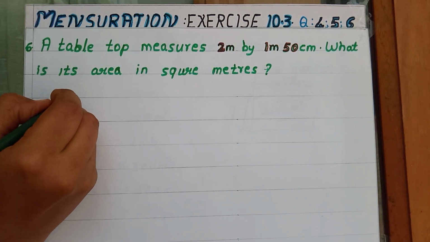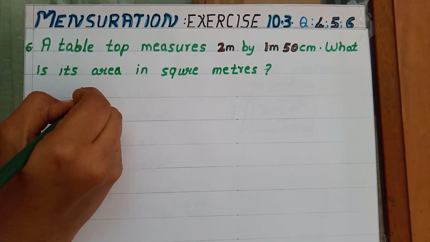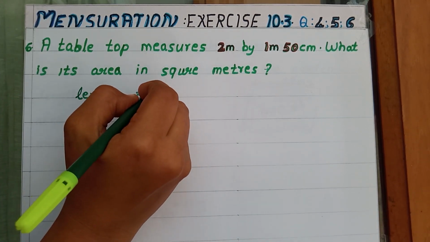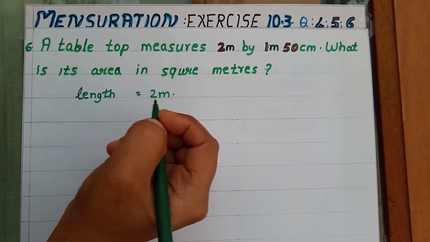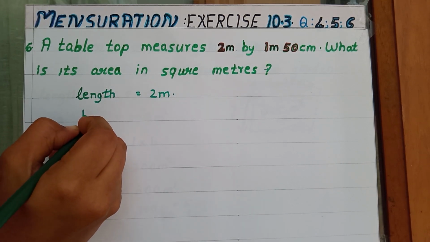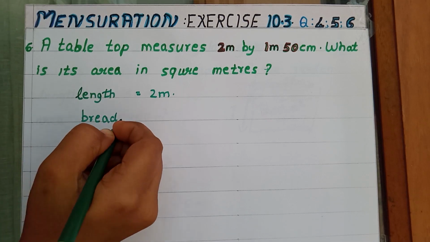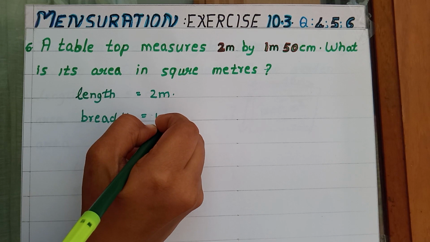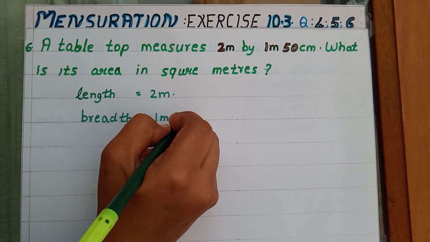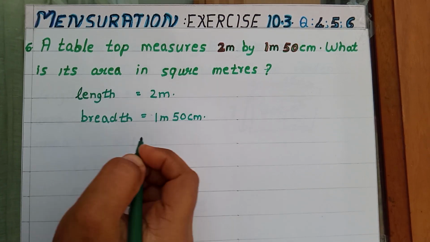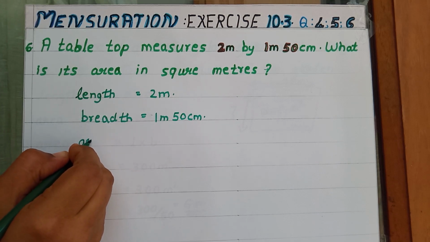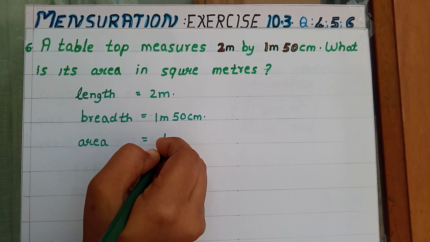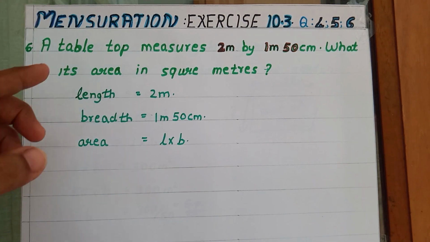So first we can write down length equal to 2 meter and breadth equal to 1 meter 50 centimeter. Area equal to, we are required to find area equal to length into breadth, but we should find the